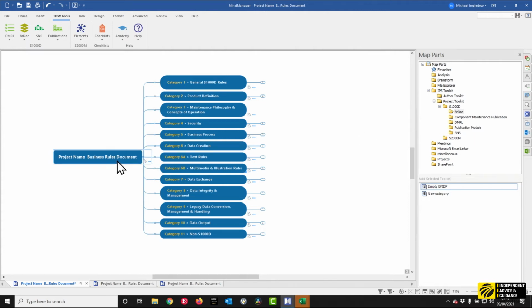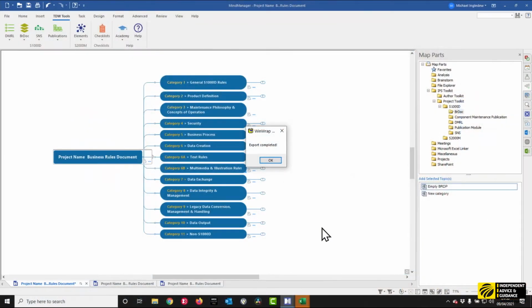So what we have is the ability, and we do have some right click context menus as well, but here we can go to export out to Excel. And what's happening is all of that stuff that we set at the high level is now being pushed down through all of the BrDoc attribute settings. So if we're changing the prefix, if we're changing the project number, and we're maintaining all of those links, it is being pushed down and through into our